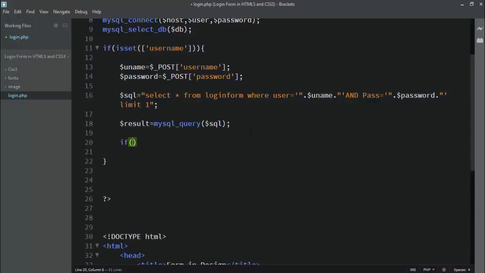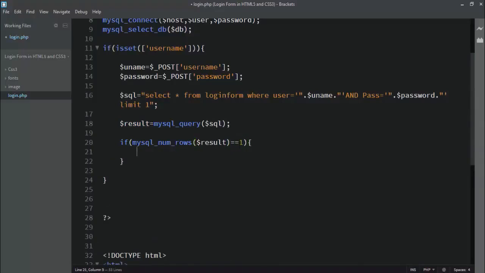Then write an if statement, and in this if statement write the function name, MySQL num rows, and pass the variable result. If it is equals to 1, that means if on running our query number of rows is 1, that means true, or any username or password is matched or condition is true, then perform the line of codes written in if statement here. So what we want to run,